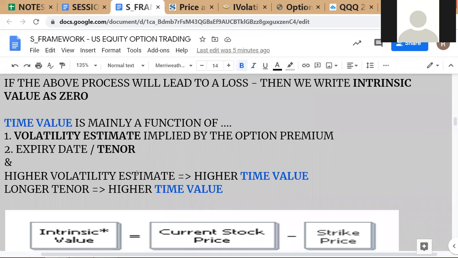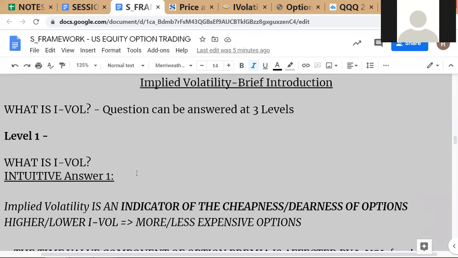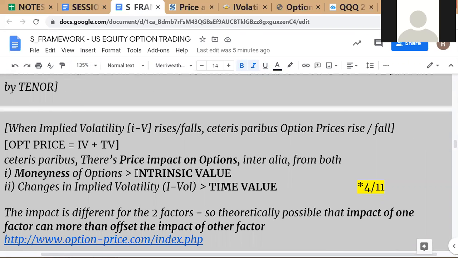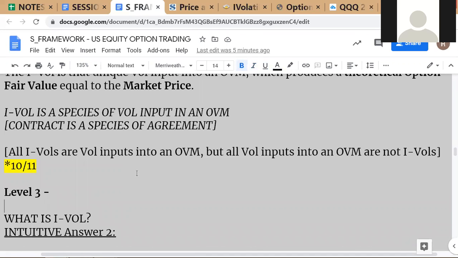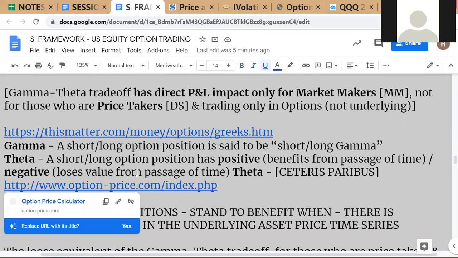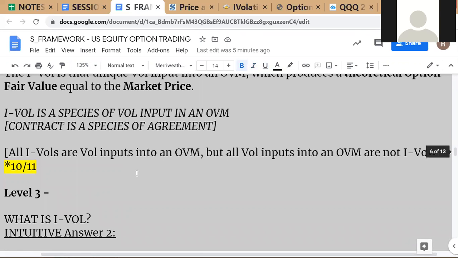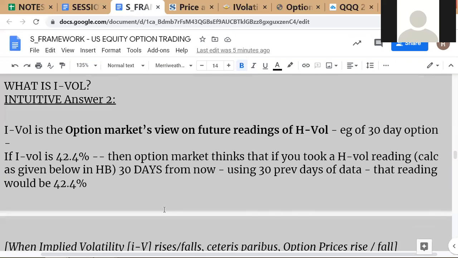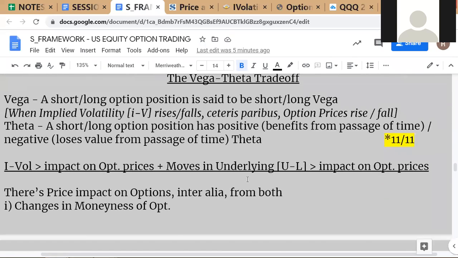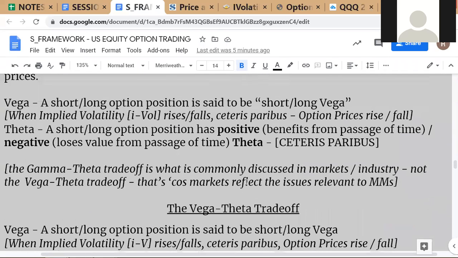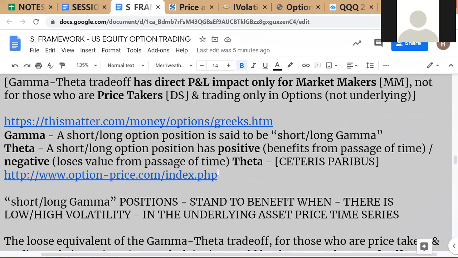So we have done the gamma theta trade-off and the vega theta trade-off. So I'll just mention a little bit about 10-11. I think we are now on the 17-11. Okay. Oh, 11-11 was the last class. Okay. So I'll just mention, so as I said, we discussed the gamma theta trade-off, which is a very important